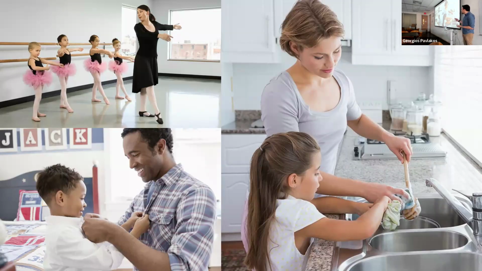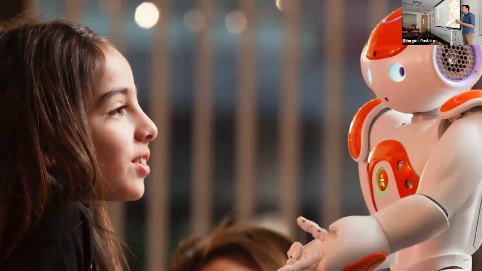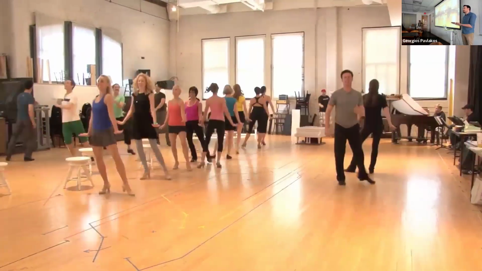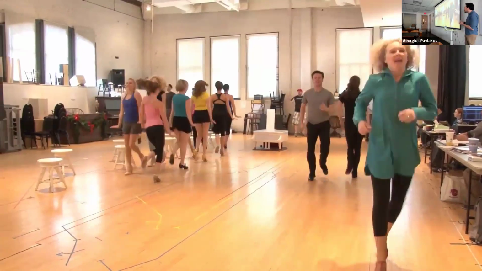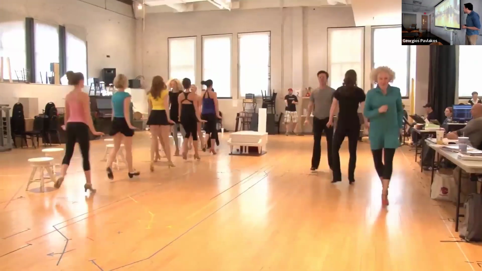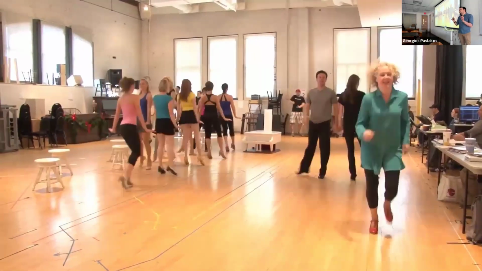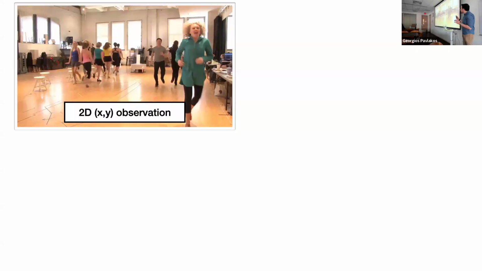Current intelligent agents can actually see humans. They have cameras that can get these visual observations, but perceiving and understanding what humans are doing is very, very different. The fundamental limitation here is the disparity between the visual observations and the true state of the world. Take an unconstrained video, where people can move in an unconstrained way. You see them going in and out of the frame. If I stop on a particular frame, this is effectively a 2D observation of the world.